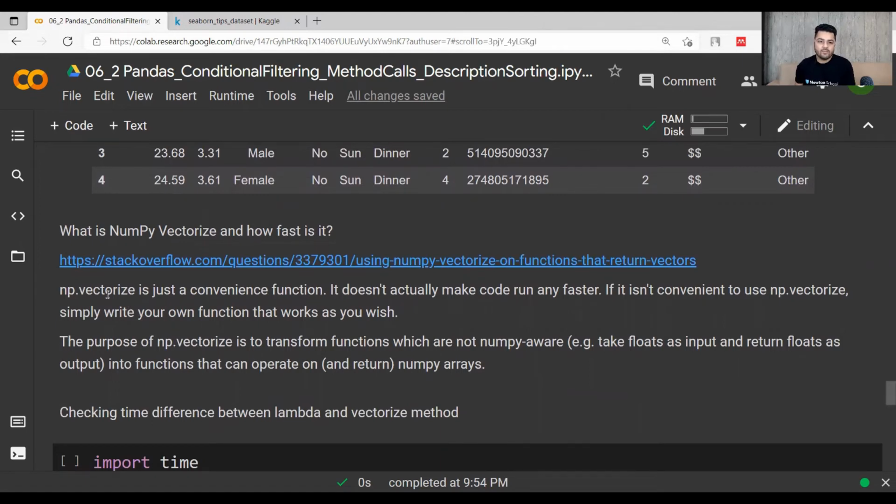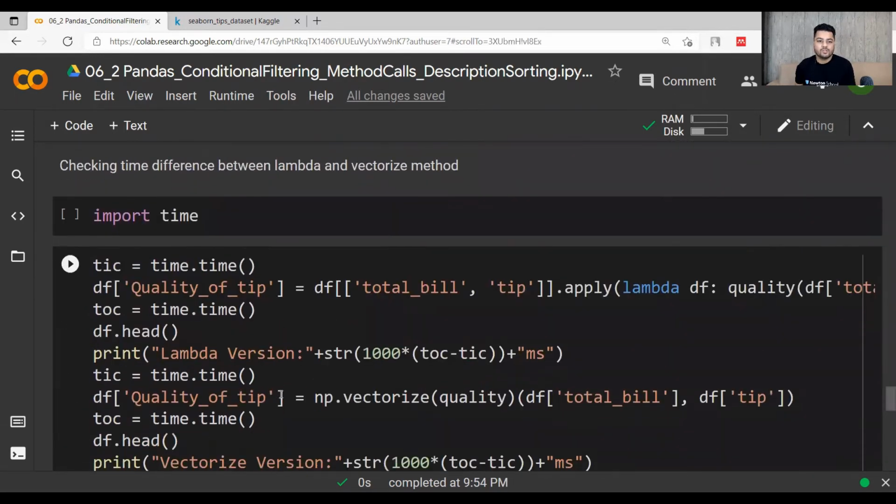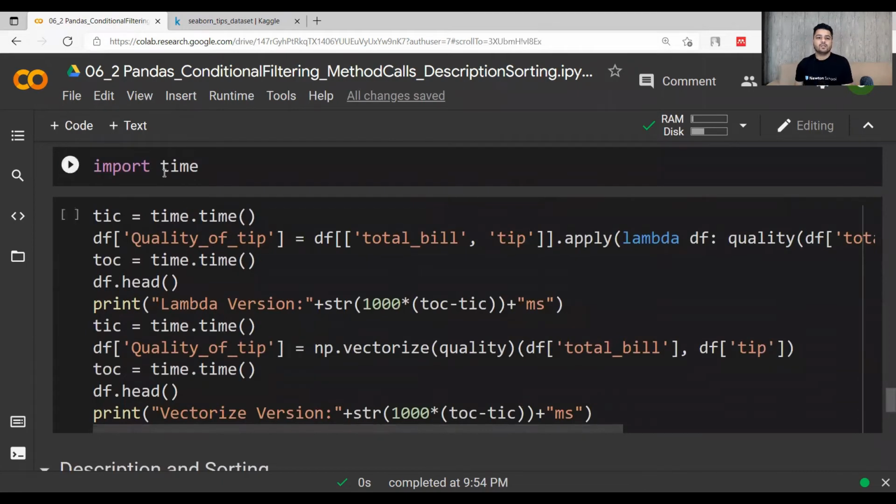Now if you see the numpy vectorize documentation, it is written that it is a convenience function and it does not make code run any faster, but the results are quite fast compared to a lambda function. So I have also generated this code in which I am comparing the two in terms of time.